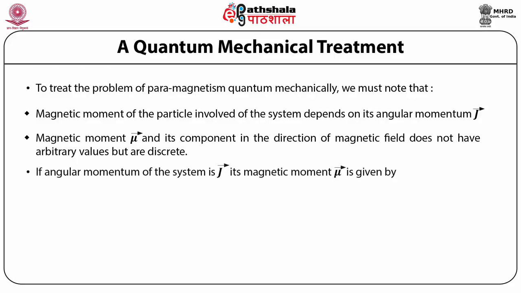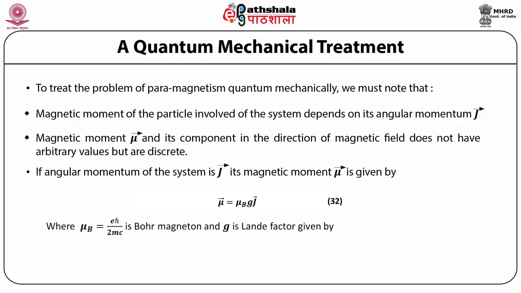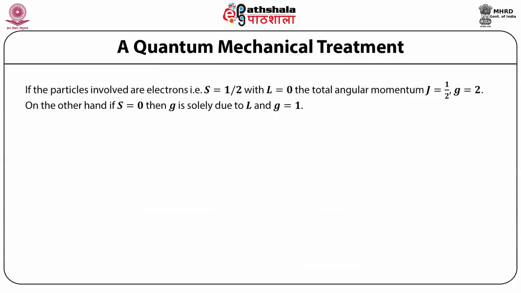If the angular momentum of the system is J, its magnetic moment μ is given by μ = μ_B g J, where μ_B, the Bohr magneton, is equal to eħ/2mc, and g is the Landé factor, given by g = 3/2 + [S(S+1) − L(L+1)] / [2J(J+1)]. If the particles involved are electrons, that is S = 1/2 with